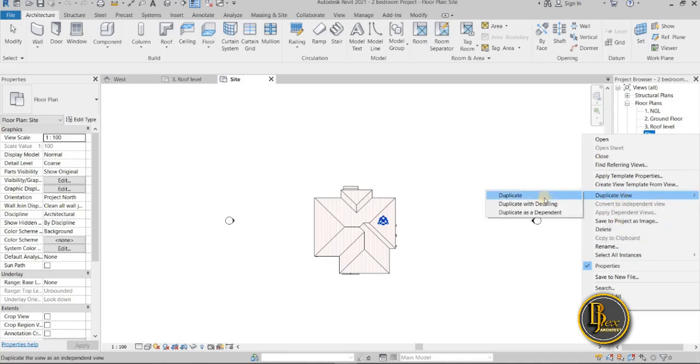Let's duplicate. What's the difference between duplicate with details? If, for example, you have annotations and dimensioning on this particular view, if you duplicate with details, those annotations and those dimensions will duplicate. If you just say duplicate, you only duplicate the main work itself. Then if you duplicate as a dependent, anytime you edit work here, it will edit over. We are just duplicating this view so we can get our roof plan from it. So we go to duplicate,